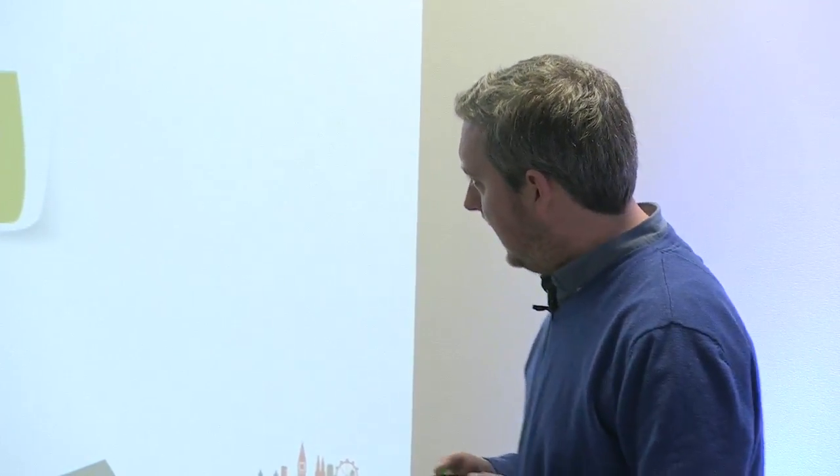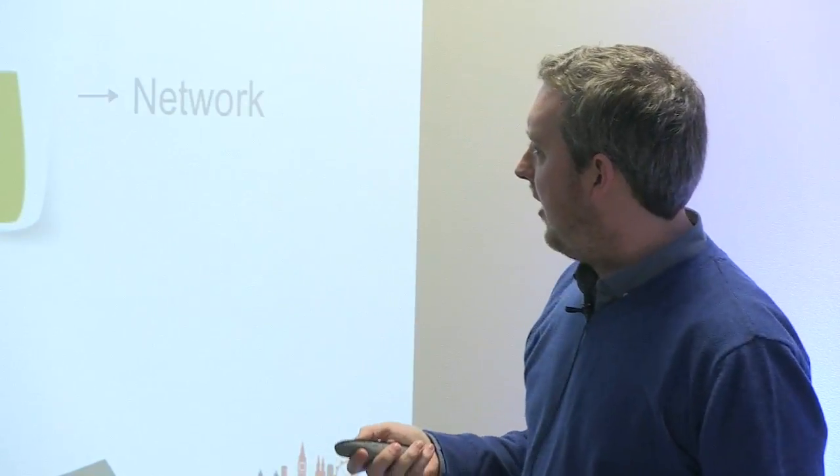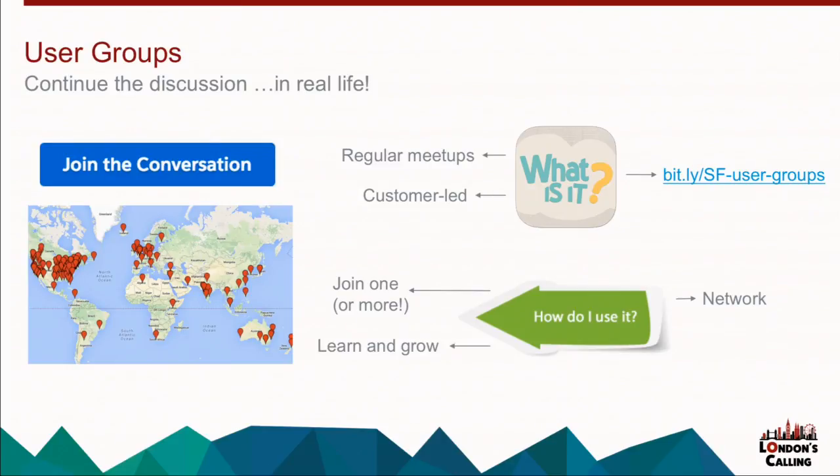How this relates to Success, you might be asking. There's a list of all the user groups that are currently active. So visit Success, get an idea of what's in your area, and importantly, join one or join more than one. In London and many other cities, we're lucky enough to have multiple user groups for different audiences, so there might be an overlap there between what you need. So use it to learn, use it to grow. Part of that growth is going to be from expanding your network. So maybe you'll find your next employer, your next employee, maybe an AppExchange partner that you could get some use out of.